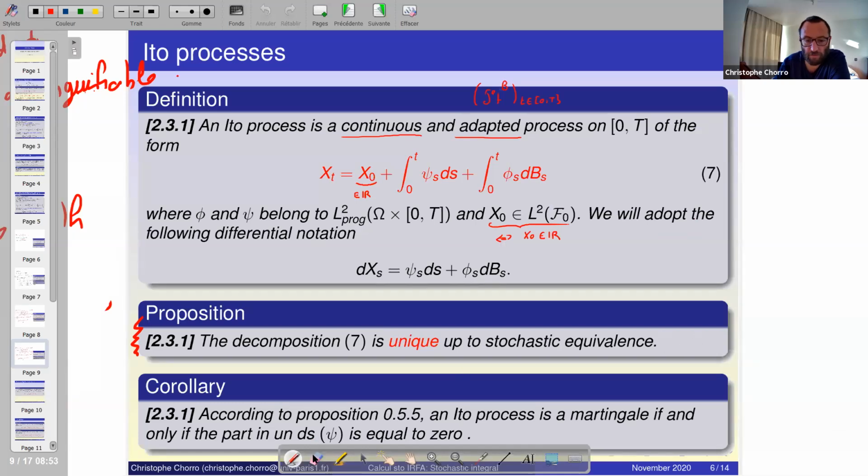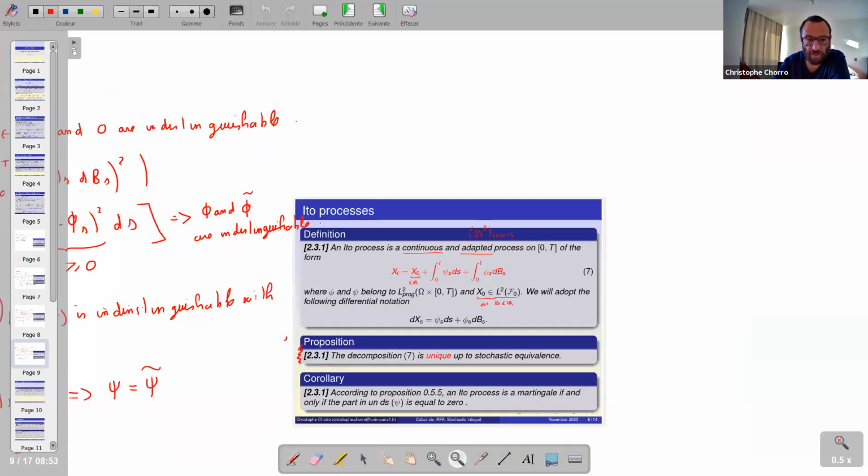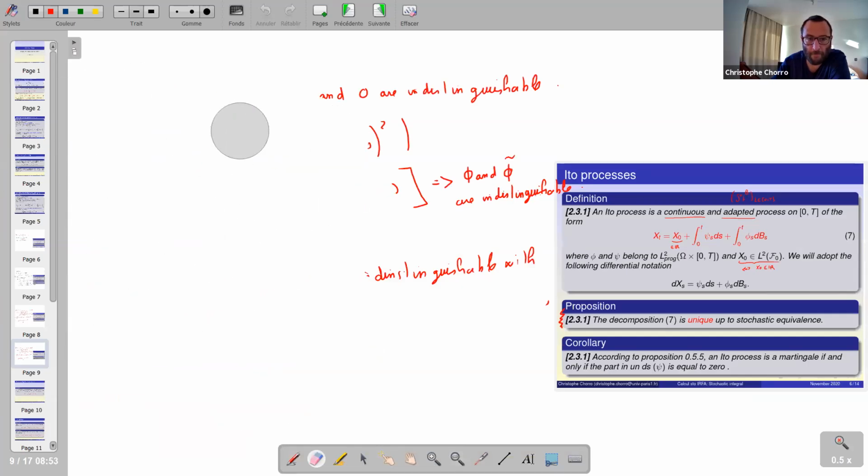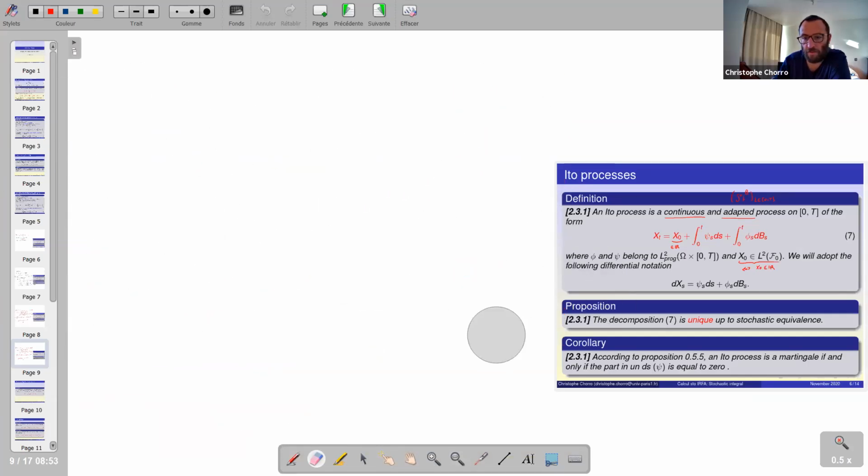That is a basic consequence of what I have done here. So I erase this. So let's have a look at the corollary, this one here. It tells me the following. If I have an Ito process of this form here,